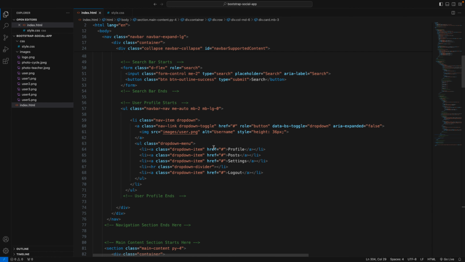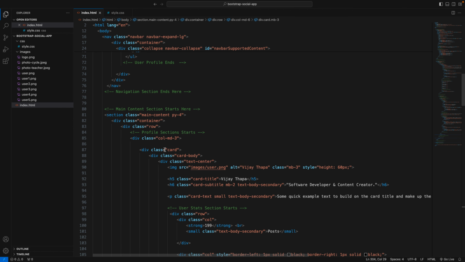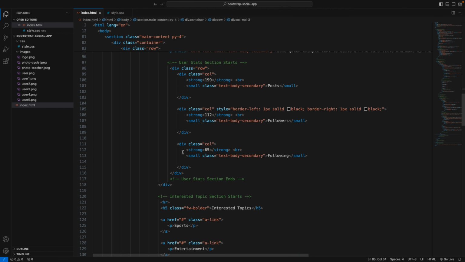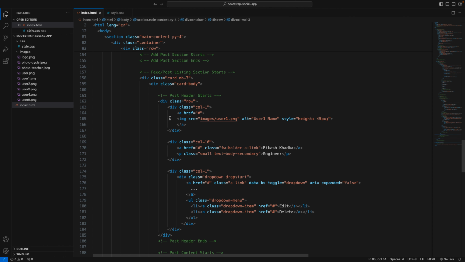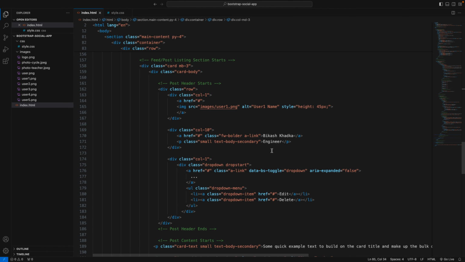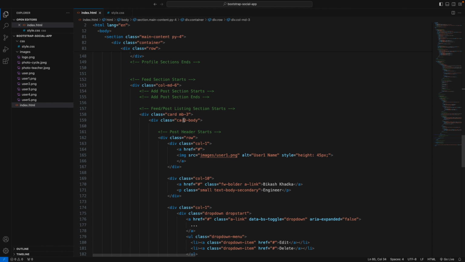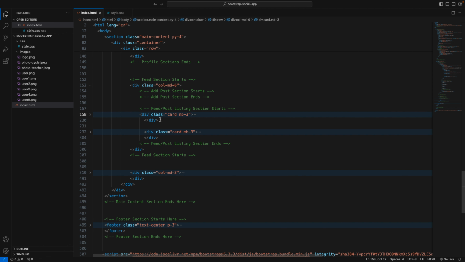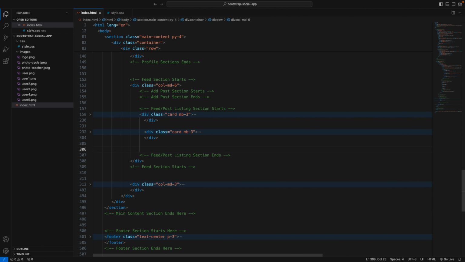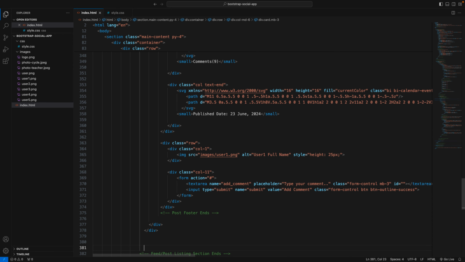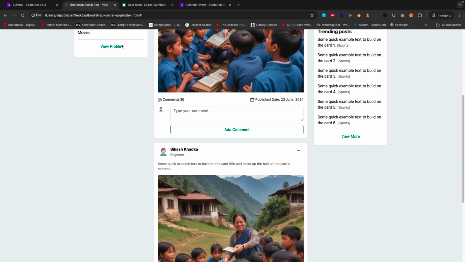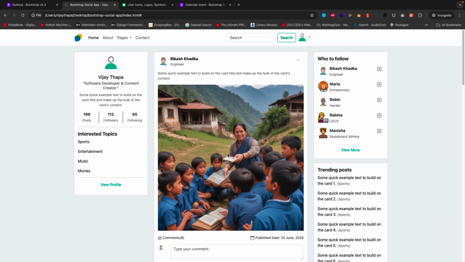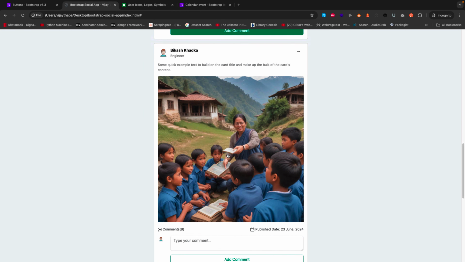Interested topic section, profile, card body, profile section, interested, and then this is the card body, because of edit and delete. So card, I'll minimize this one. So we have 2 posts now. I'll add another post, 3 posts. I'll paste another one. Let's save it, go back to the browser, and if I refresh, we have 1, 2, 3,